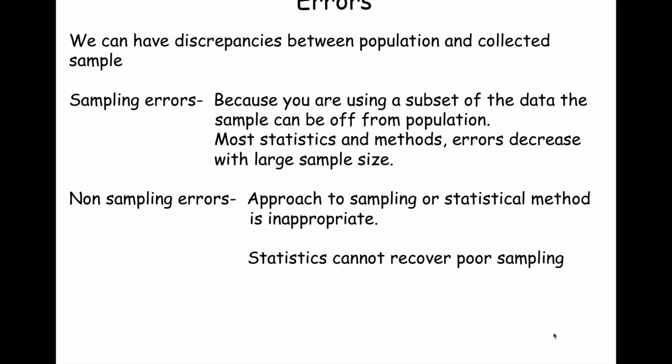So if you're going to make an inference, try to draw a general conclusion about the population from this function you've calculated or statistic you've computed over the sample, the underlying method you use for sampling is going to impact the quality, right? And so a so-called sampling error is because you use a subset of the data, the sample can be off from the population, right? And so for most statistics or functions and methods you can use, the error will get smaller if you increase